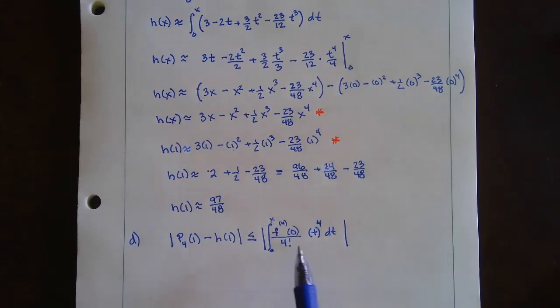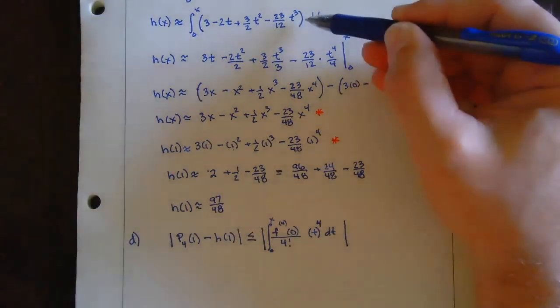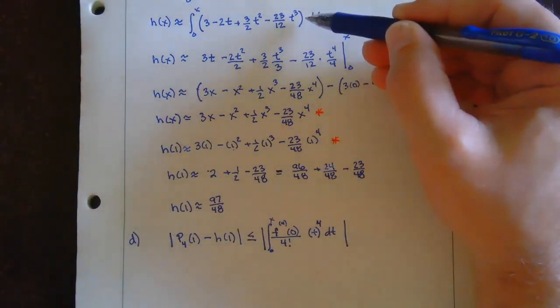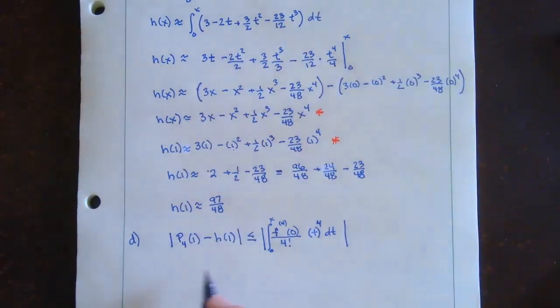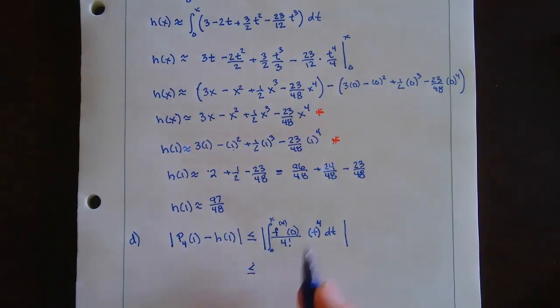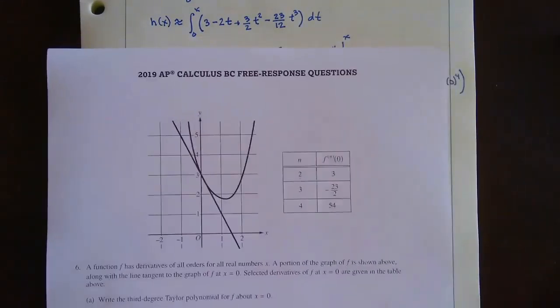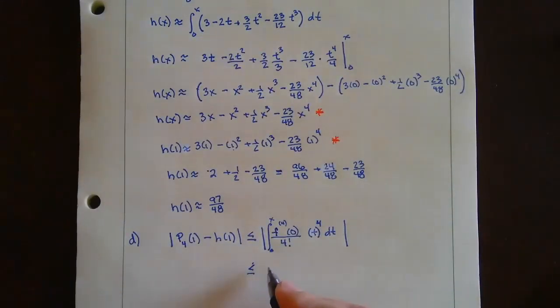Because this is the next term, okay? Remember the alternating series? You use the next term, okay? So the next term comes from integrating the t to the fourth term, right? Okay? All right. So that means that this error right here has to be less than or equal to, okay, so we got to find the fourth derivative at 0, okay? Well, the table told us that, right? It's 54, okay? So this is going to be the integral